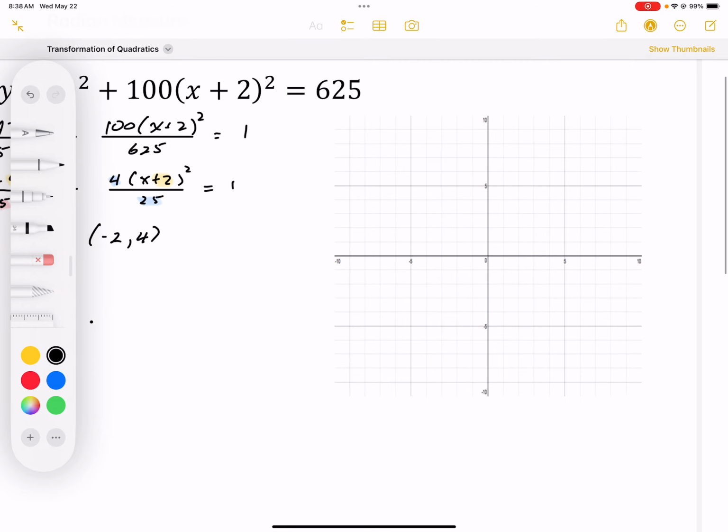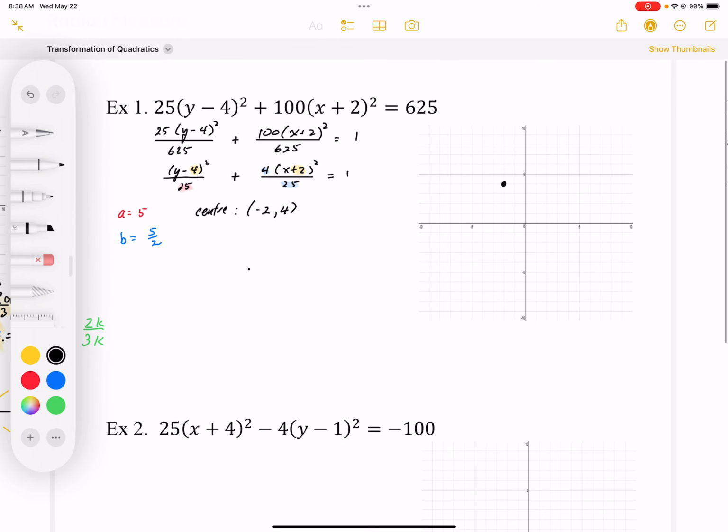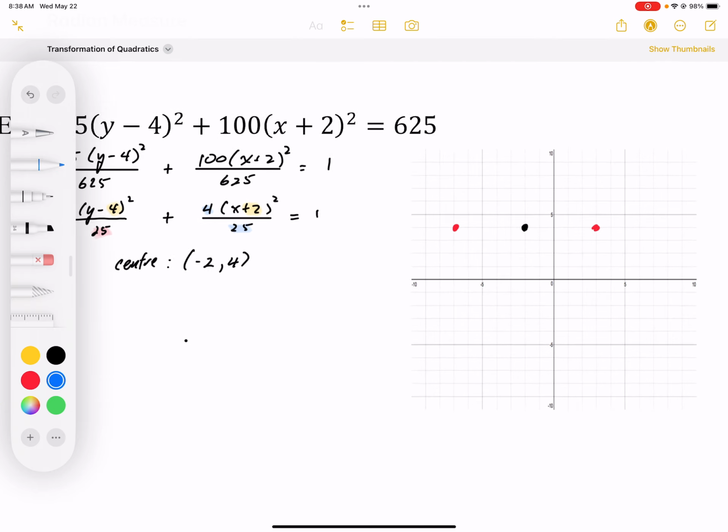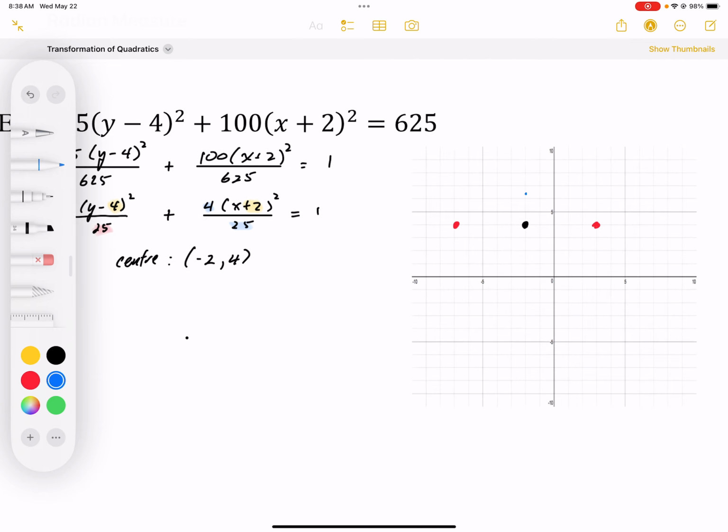So we're going to graph this. We're going to locate the center first. So (-2, 4) represents the center. And using the a value, I'm going to go 5 to the right to locate the vertex, 5 to the left to locate the vertex. And then from the center, we're going to go up 2.5 and down 2.5 to locate the vertical maxes and mins,